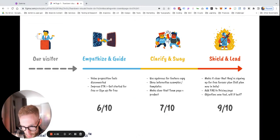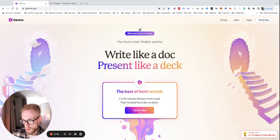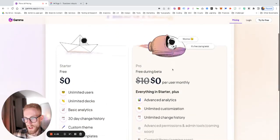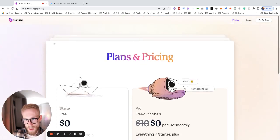Other point: improve the CTA. So get started for free or sign up for free. Right now they use try for free, which can be good, but at the same time, if you look at the pricing page, we can see that they have a